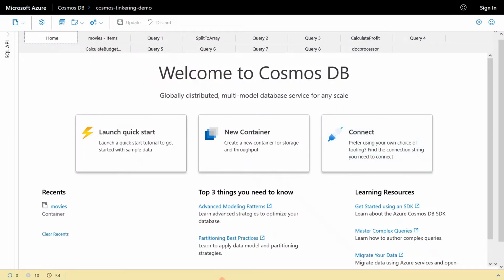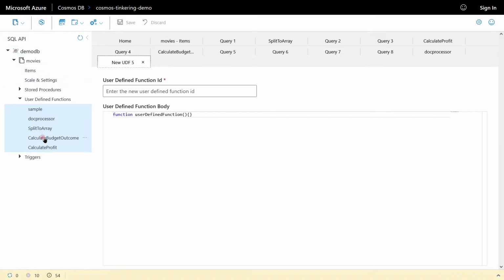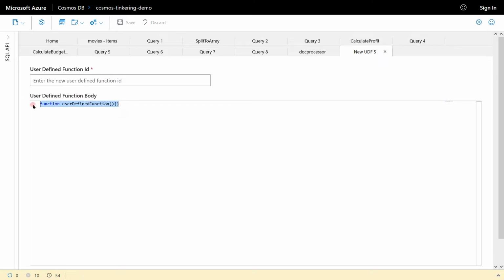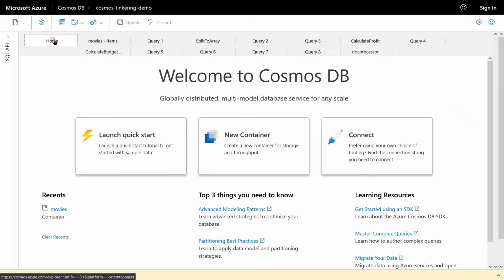functions. So jumping into CosmosDB, creating a user-defined function would be located here on top by this gear icon and clicking new UDF. We would give the user-defined function an ID, and when we do, it would appear here on the side under user-defined functions. And then basically using JavaScript we can create a function case that takes in a parameter and operates on that parameter. Then we can call that parameter within a SQL query and get the desired results based on our use